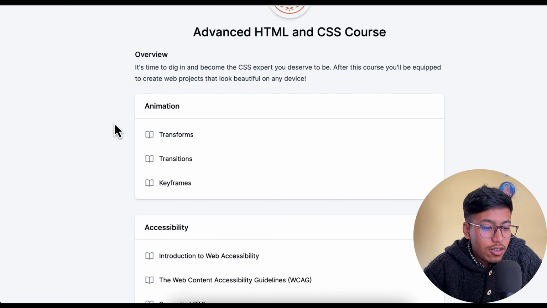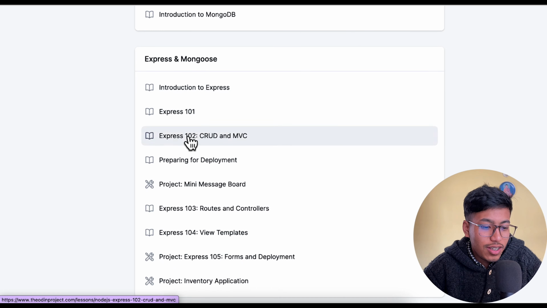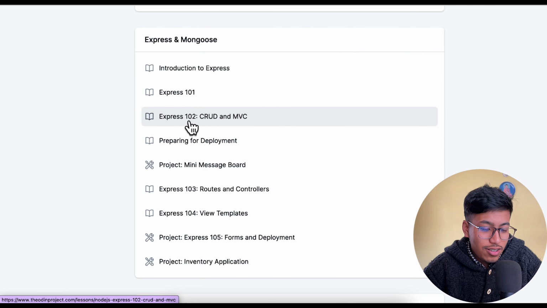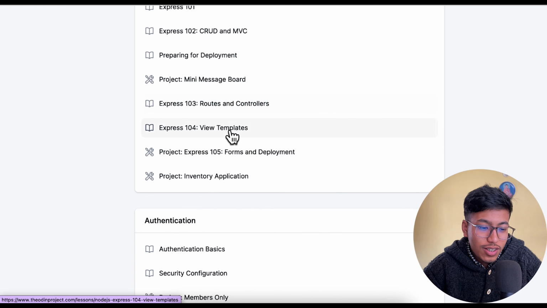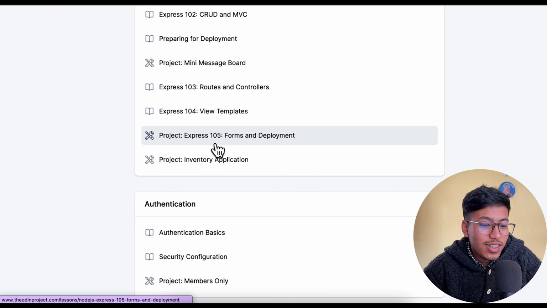In Node.js, it covers the basics of what Node.js is, debugging Node.js, introduction to MongoDB. Okay, great. Express and Mongoose. It covers CRUD, preparing for development, mini message board, routes and controllers, few templates, forms and deployment, inventory application,